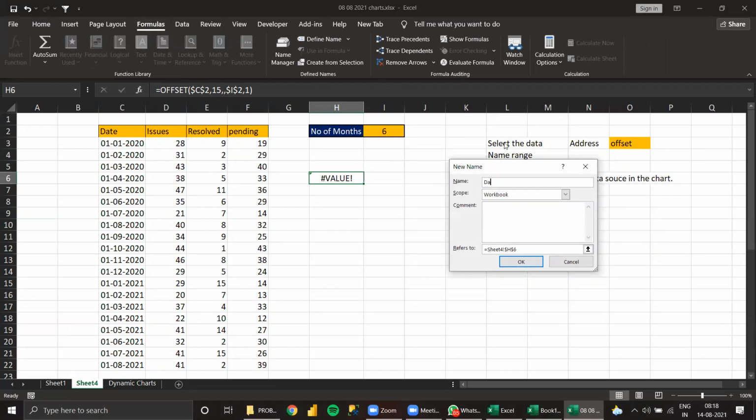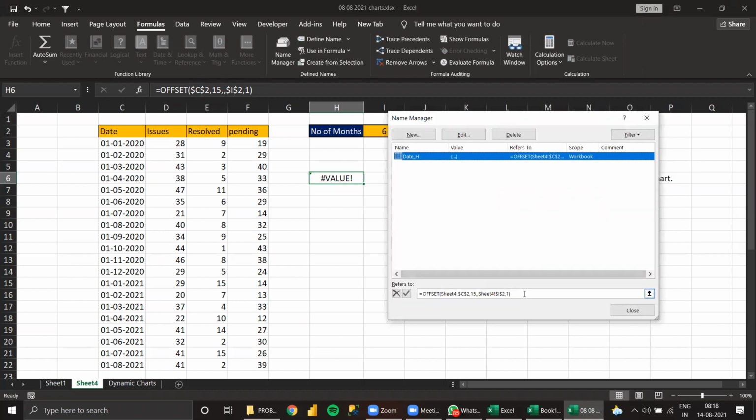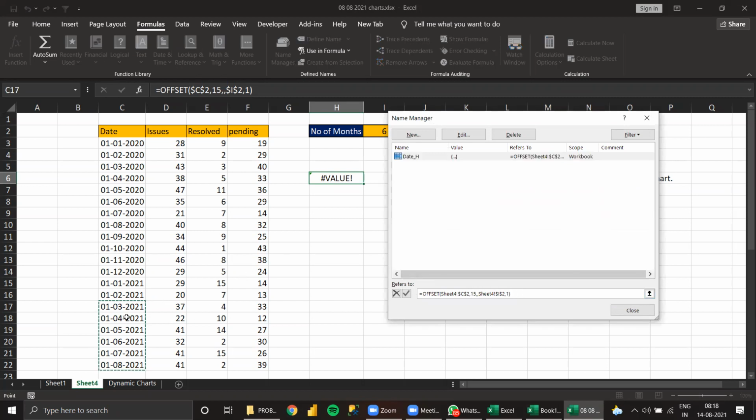You can say like date header. The name is very important because we need to link to the chart, no? So you can put header, or date column, whatever. See here, now pasted. Now, when you click here, see the selection here, you can see.